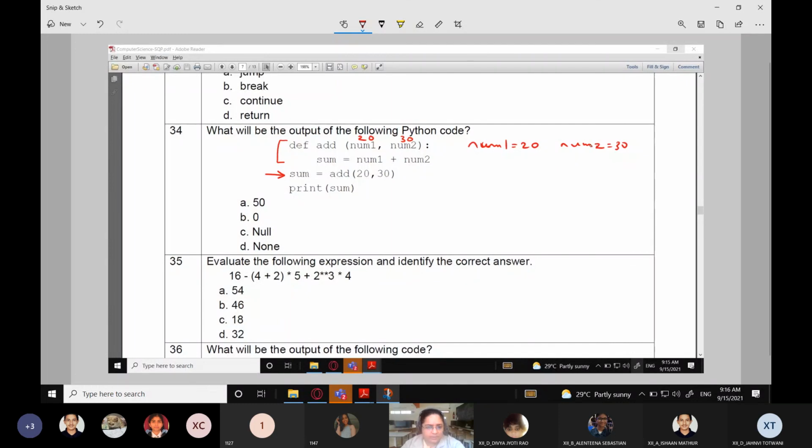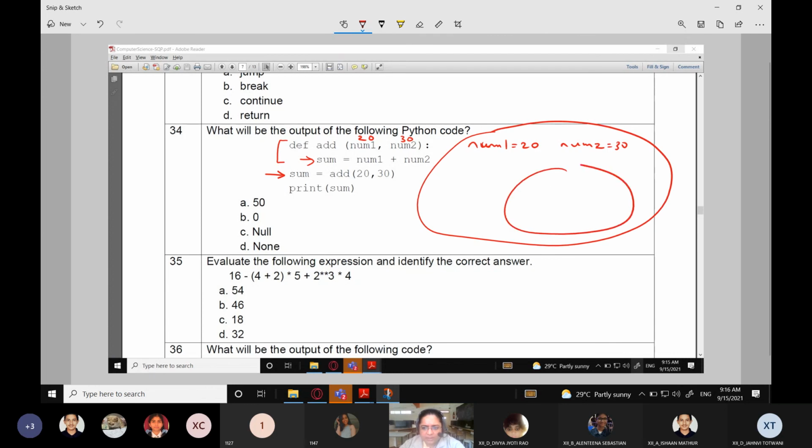So num1 is 20, num2 is 30. Sum equals num1 plus num2. That means, now see, these two are within the global area, okay? And we have a local area over here which contains num1 and num2. Let me remove these two from the global area because we are sending two values and these two values are actually over here only. Num1 is 20, num2 is 30, and sum is equal to num1 plus num2, that is 50. And only this is done. Print sum. Will you get any answer? What answer will it get? First of all, the value is not getting returned. Okay, so in my opinion, it should be